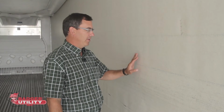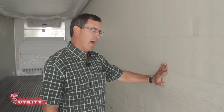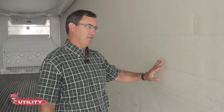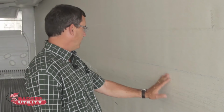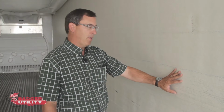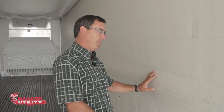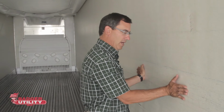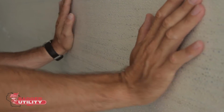So the mode of failure with these thinner, more puncture resistant interior liners is really delamination. What that means is that the liner, through continuous impact, in this case these blue marks are a sign of maybe some double stack pallets, breaks the bond. As the pallet runs across the liner, it breaks the bond of the back side of the liner from the foam. As you can see here, as I push on this, this liner has pulled